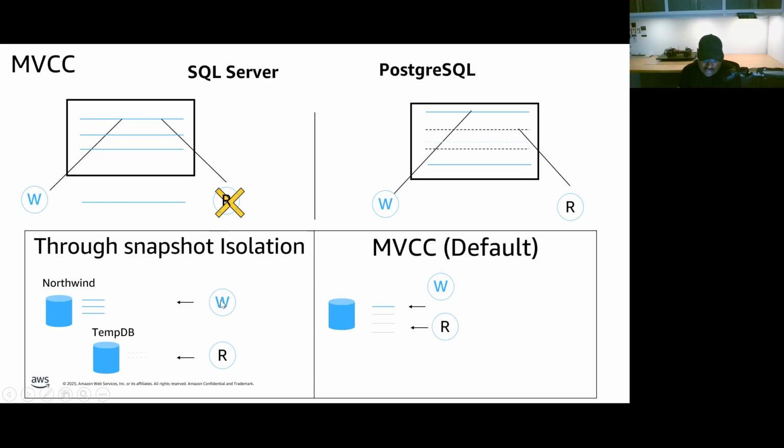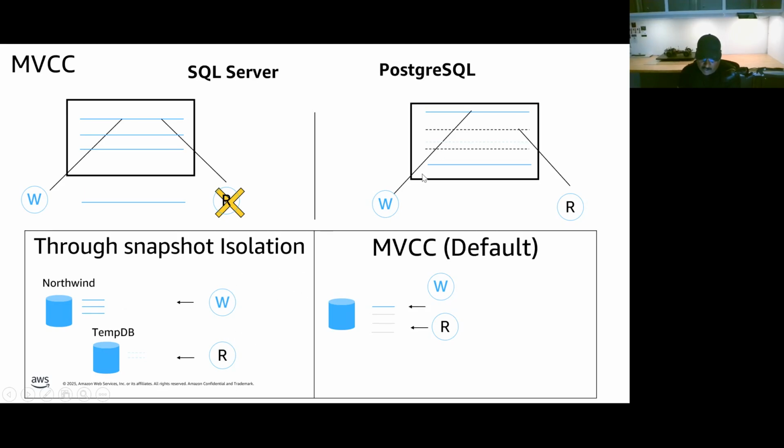So the writers will access the actual database to write the data. And at the same time, if any reader is trying to access the data which is currently being updated by another writer, then it can read the data from its previous versions, which is stored in the tempdb database. So this is how exactly it works in Postgres.